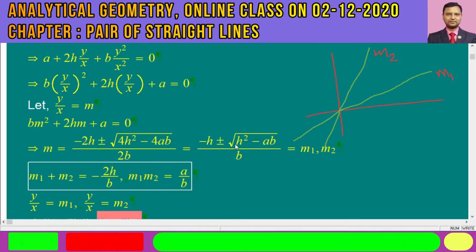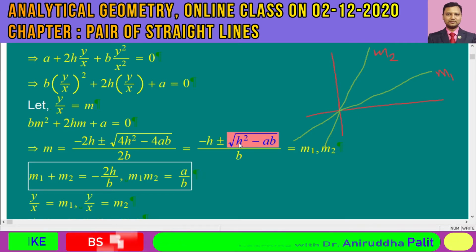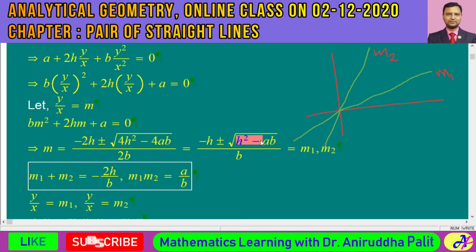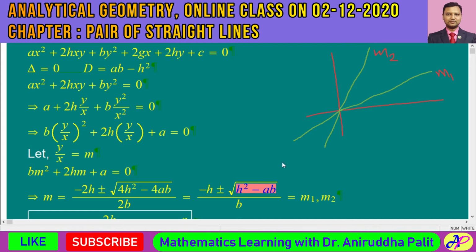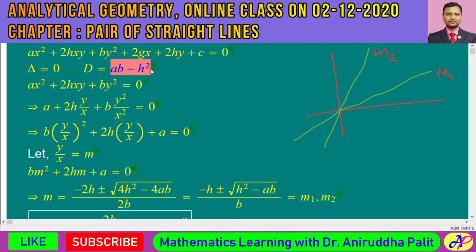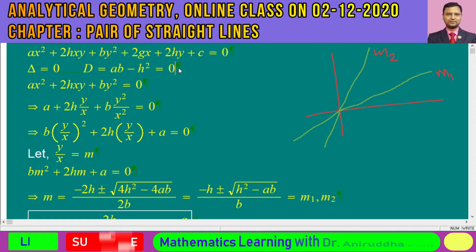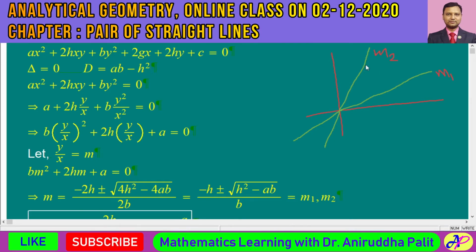The condition is that h square minus ab, this expression under the root, would be equal to 0. If h square minus ab is equal to 0, then this d becomes equal to 0. Therefore we can say that if d becomes equal to 0, then these two straight lines would